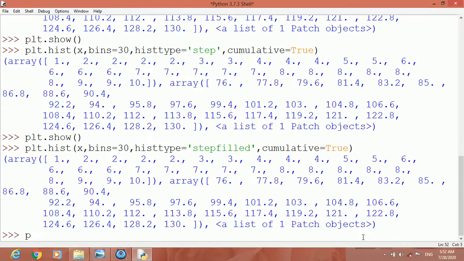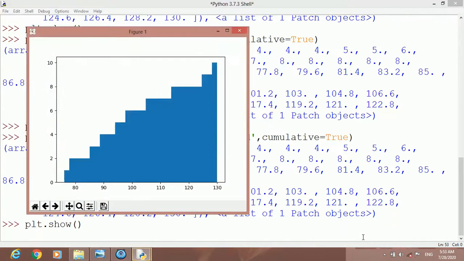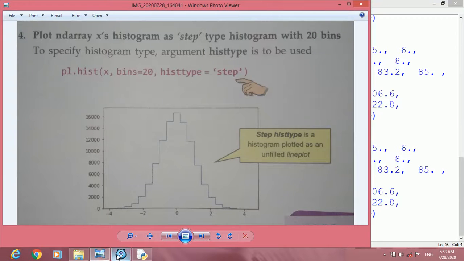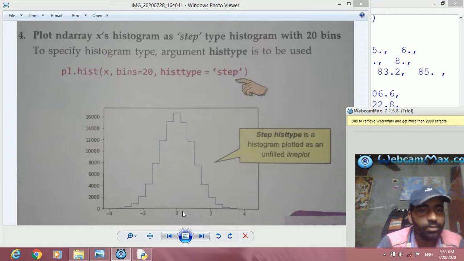Press enter, display the chart, plt.show. Now you can see, step filled means it will fill the step outline with color. Then we have bar and barstacked. That was already done. By default bar only is shown. You can use these on your laptop practically.